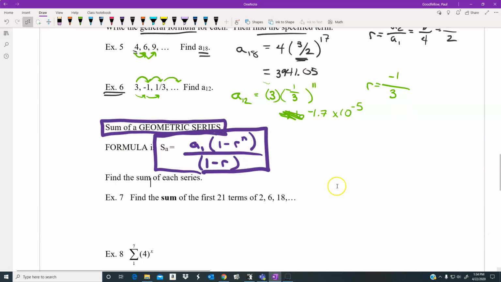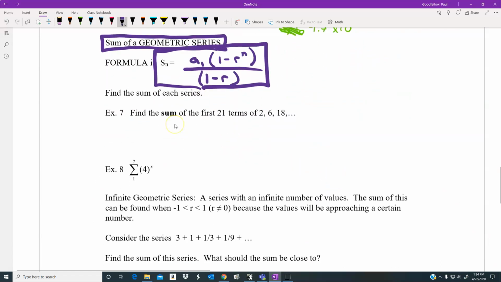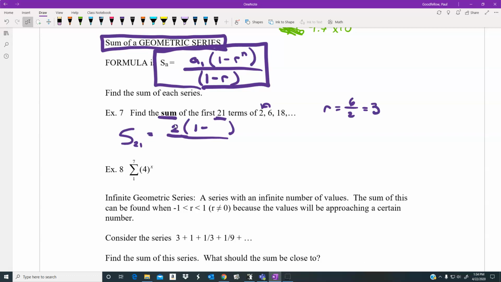Okay, now read the question carefully. It says find the sum of the first 21 terms of the sequence. Well, that is going to be a sum of 21 terms, but you have to plug it into the formula correctly. In this particular case, we're going to use the first term, which is the number 2. And then we're going to keep plugging in here. 1 minus, now I got to get stuck right here at the ratio. The ratio is going to be very important in this. And we're going to find it by second term divided by first. 6 divided by 2, which is 3. And that's going to be 3